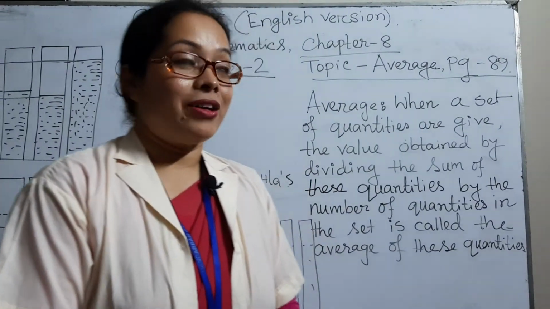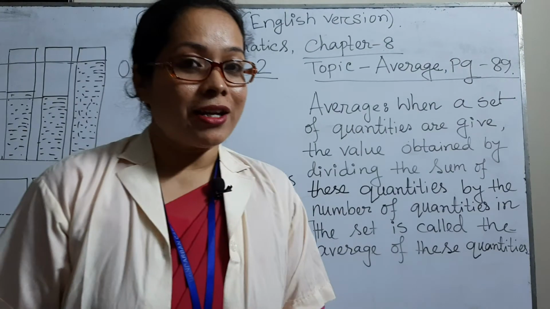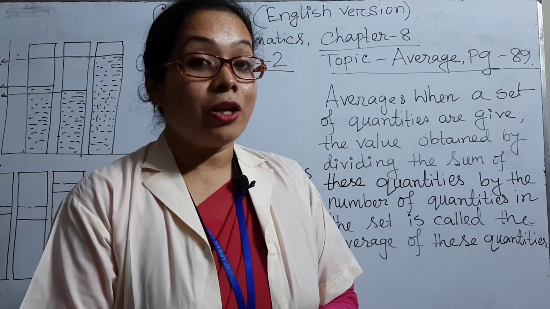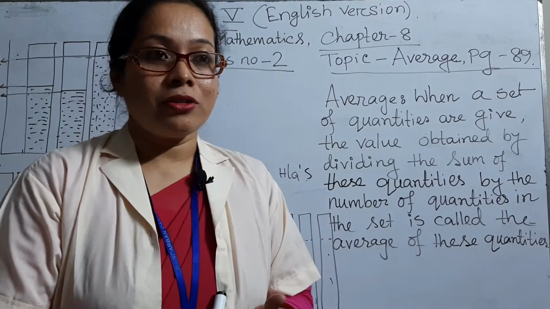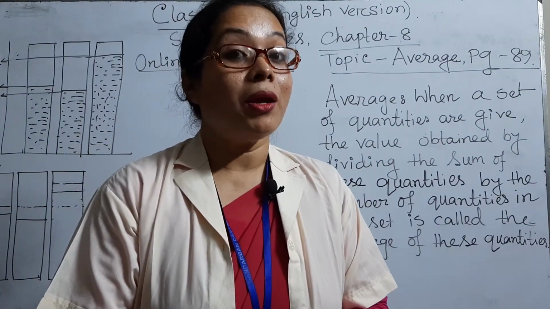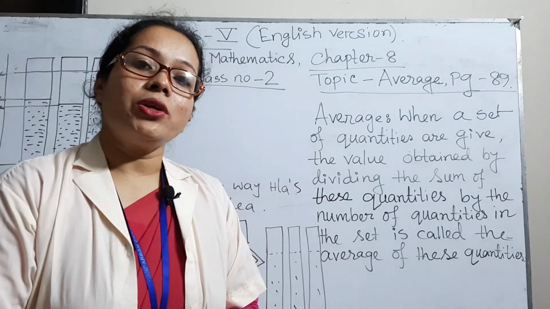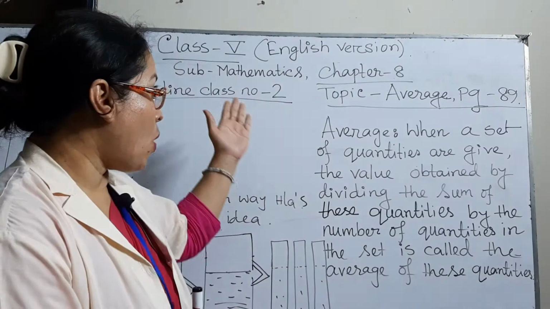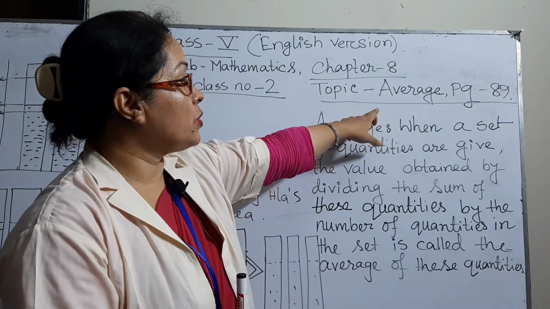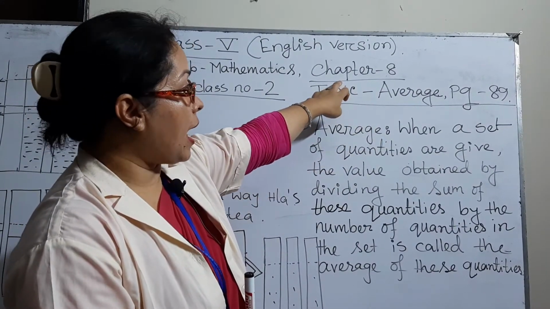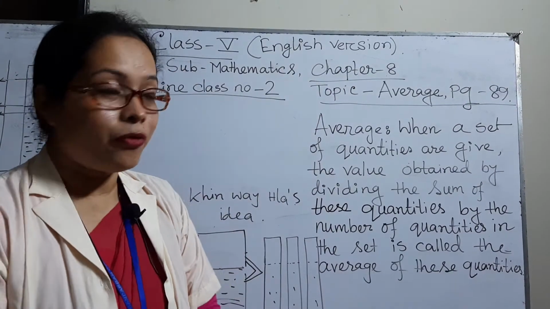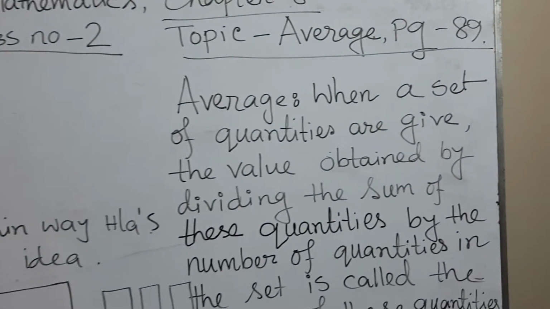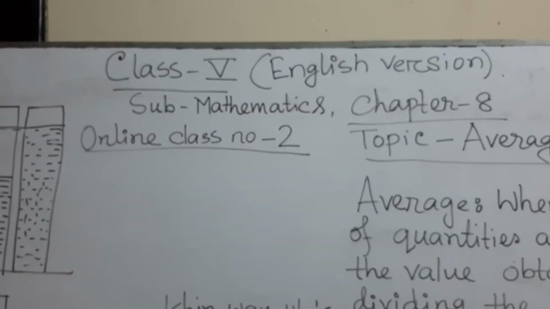Today is my second online class for you. In my first class I discussed with you creative questions from chapter 3, that is, problems involving 4 rules. Today I am going to discuss a new chapter, that is on average. You are seeing that this average chapter is 8, whatever we didn't finish in school before, and today I am going to explain about the average first. To explain the average first,